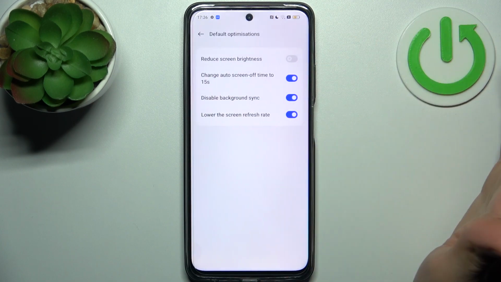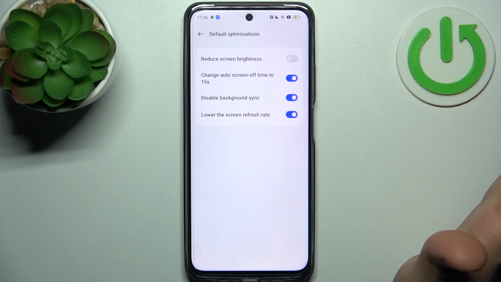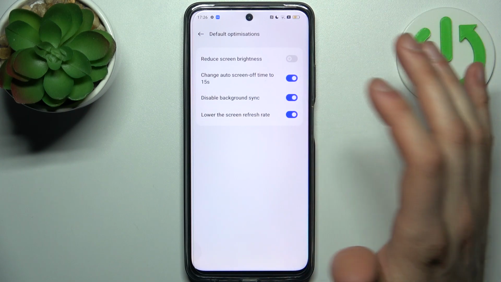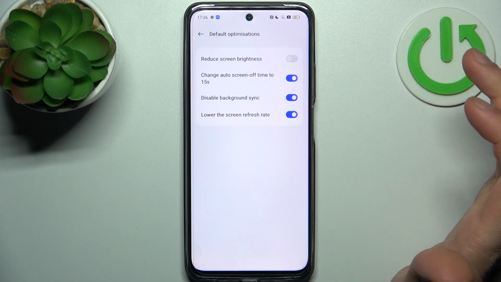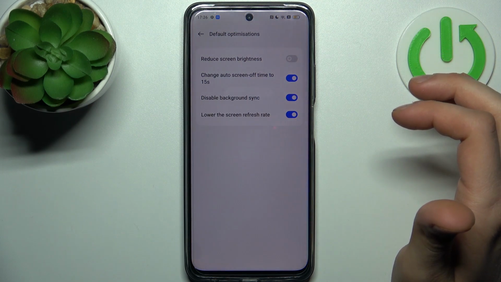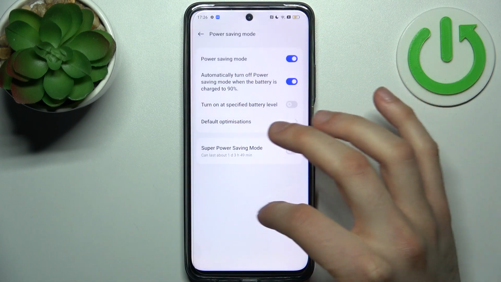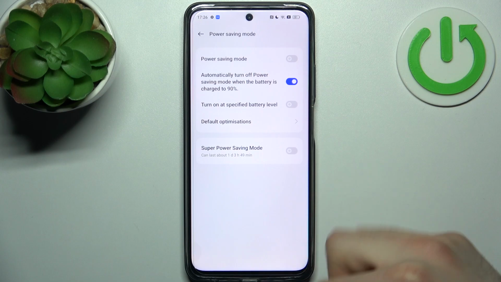You can also manage default optimizations, like you can reduce screen brightness, you can change auto screen off time to 15 seconds, you can disable background synchronization, and you can also lower the screen refresh rate. So yeah,